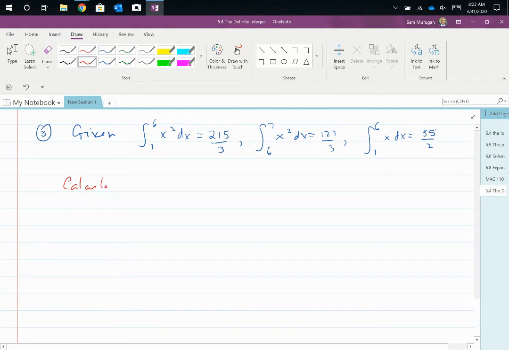Calculate the integral between 6 and 1 of